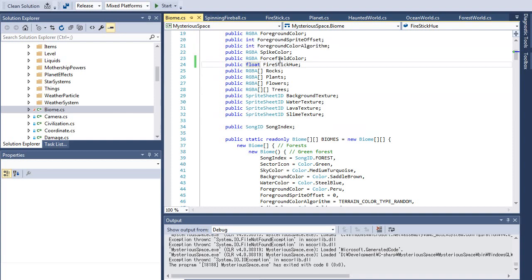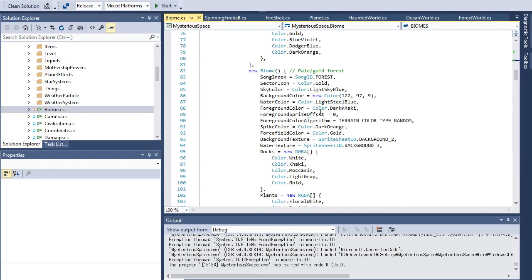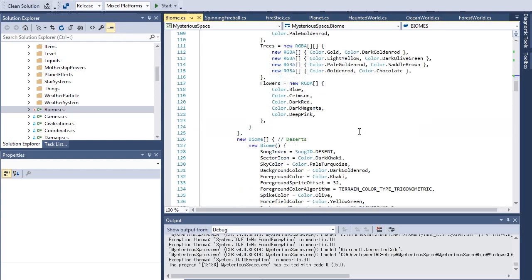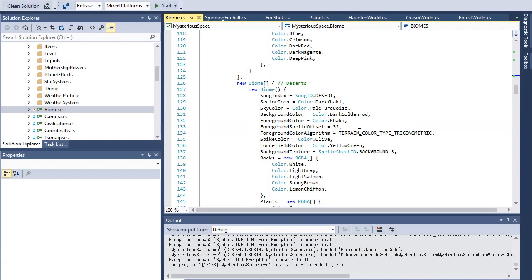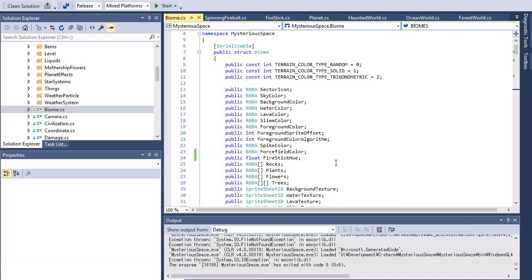So for most things, I think it's safe. So where's force field color? So here, for Firestick hue, I think for most things we can do the 0.05F, right, which puts us in the middle of red. Forest worlds don't even have them, but whatever. We'll put it in. It's easy to do. Force field color. Okay, so for deserts it's a little harder. So for this one, let's take a look. Dark goldenrod and khaki. I wonder if we should be doing a darker red, which would suggest that actually what we want to do,